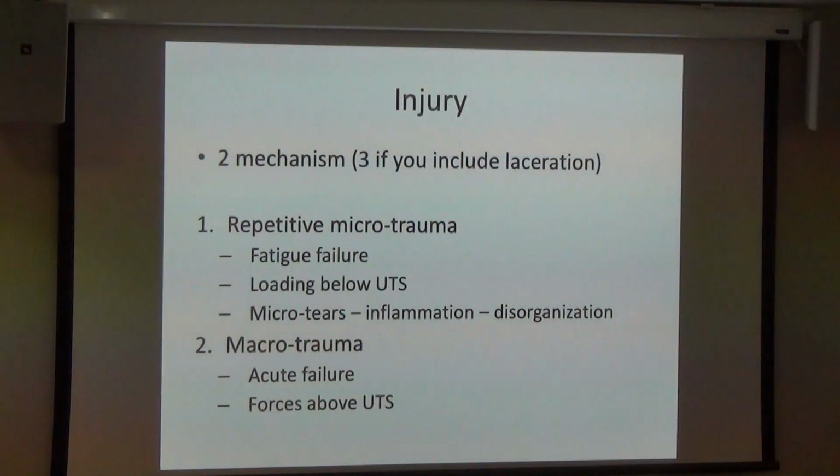Okay, so injury. Two principal mechanisms of injury to a tendon. 3 if you count a stab. Right? Okay, but that's just a laceration. Type 1 is repetitive microtrauma, or type 2 is macro. So micro and macro. The micro trauma is fatigue failure. Okay, so that's the point where it's a bit like you've had segmental failure, like in our stress strain curve, of parts of the tendon